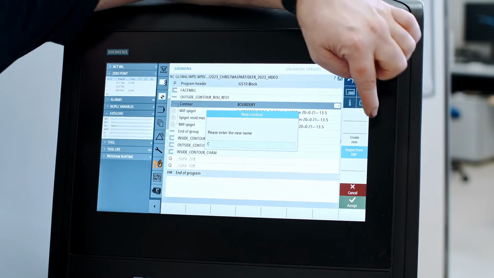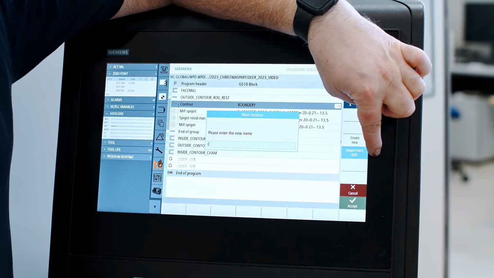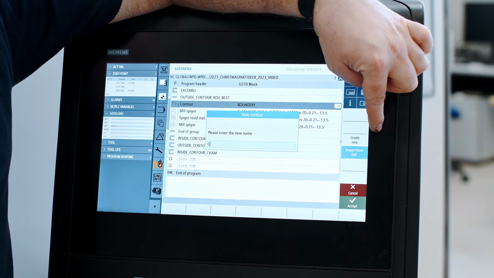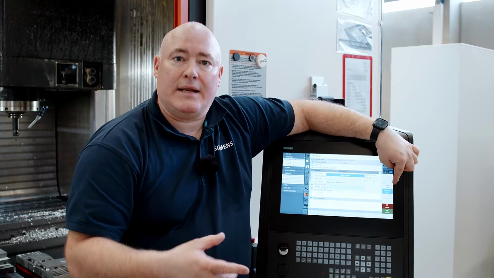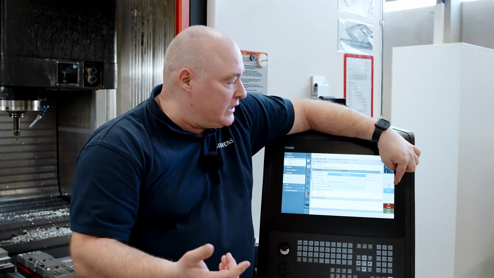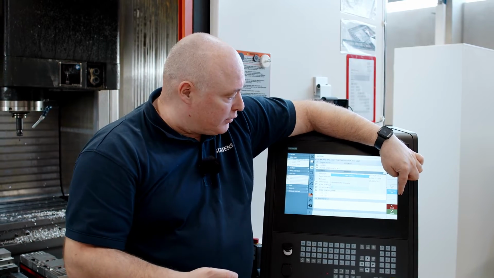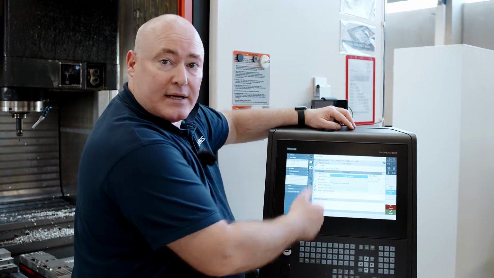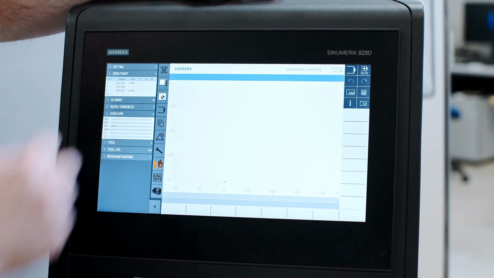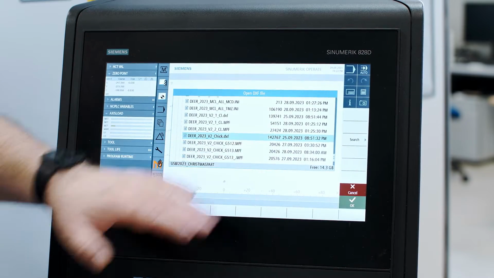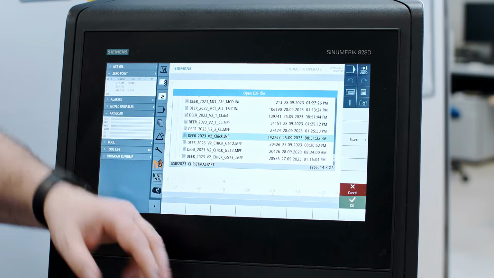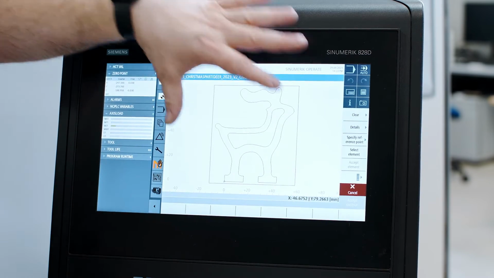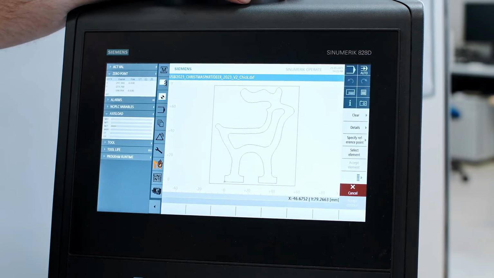Now it's very important that you also select Import from DXF here, and not Create a new contour, because we would then have to enter the data manually, which is not what we want to do. We want to import it from DXF, of course. As I was saying, name and then OK. The file containing our DXF is now selected on our USB flash drive. OK, and the DXF is displayed here, ready for editing.